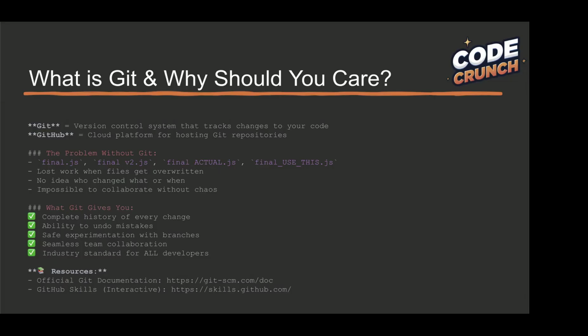What that means is, let's say you have a document. It could be any file, even just a Word document. Git would allow you to save and record changes as you go through it. That's useful because maybe you want to save a state, think of a video game. Maybe you want to save the part you're on, then you make some changes and you realize you want to go back. Git allows you to do that because it stores those checkpoints. And GitHub is where you host all those Git repositories. That's where you'd go to see your repositories and the repositories other people have, all in one place.